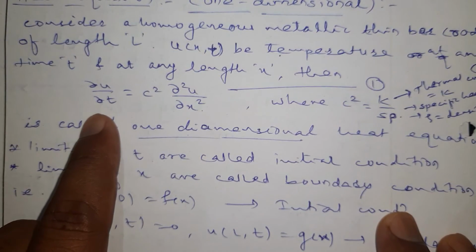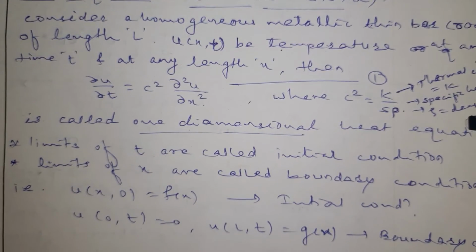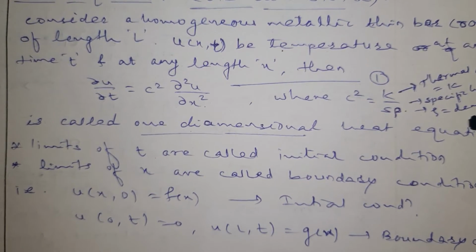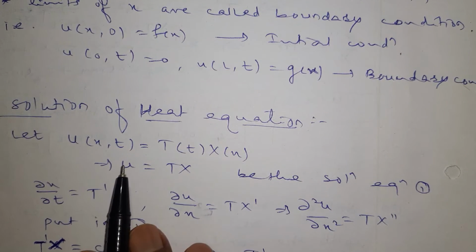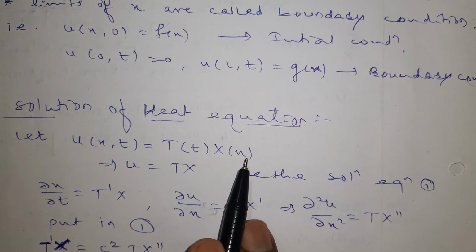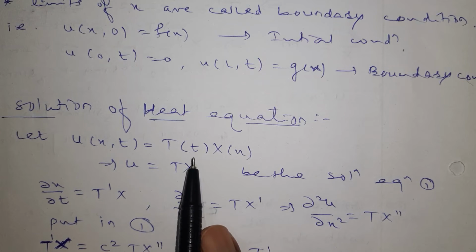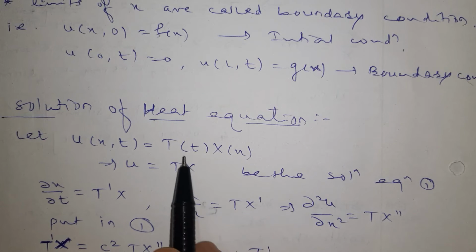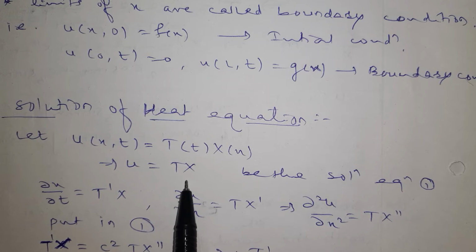The heat equation is in front of you. It is a combination of two variables. Which are the two variables? x and t. So let us solve it. Its solution must contain x and t. So I take u(x,t) to be a function of two variables, T(t) and X(x). My final answer must be in terms of x and t. That's why I take T(t) and X(x), or you may call it u(t,x). Clearly, T is a function of t, X is a function of x.